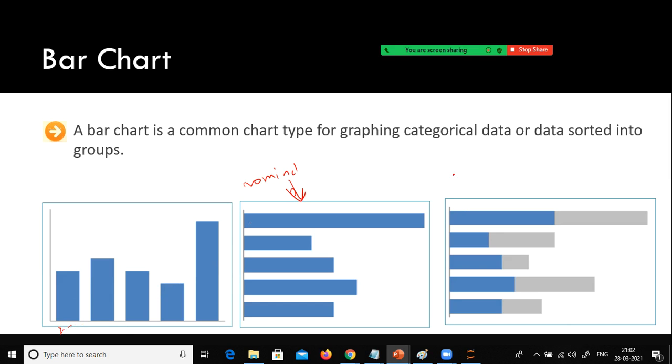And we have something called a stacked bar chart. This is your stacked bar chart. Even the stacked bar chart comes in both vertical as well as horizontal format. It allows us to compare trends. Supposing within each region, you want to compare two different categories. Let's say you are selling only two categories of product.